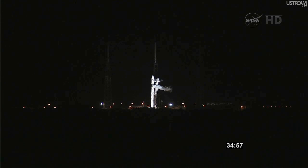This is Falcon Launch Control, T-minus 34 minutes, 55 seconds and counting. We'll look at some video now taken just after 3 a.m. this morning when the strongback was pulled back from the Falcon 9 rocket in preparation for the final part of